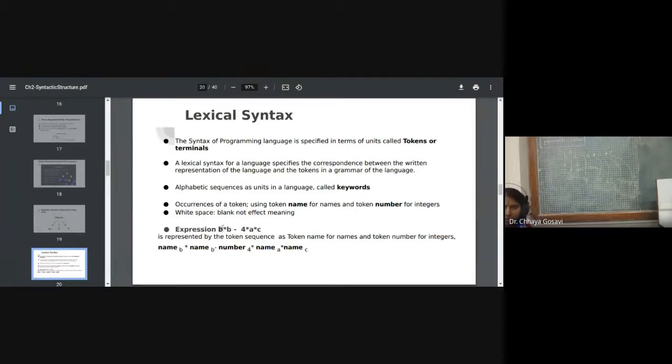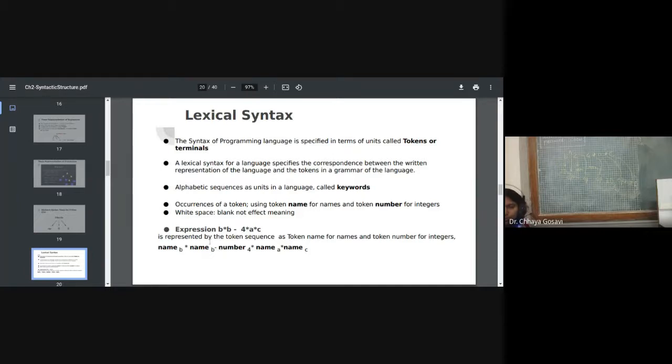So in this case, b square minus 4ac is converted into lexical syntax as b is understood as name, then star, name, this is number, name, and these are the operators. So what are the tokens here? Name is a token, number is a token, right?